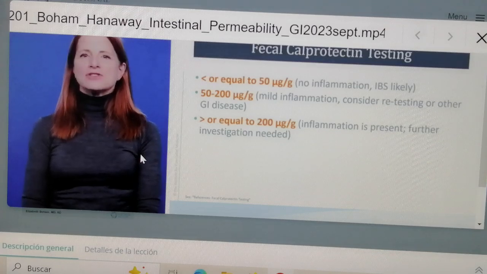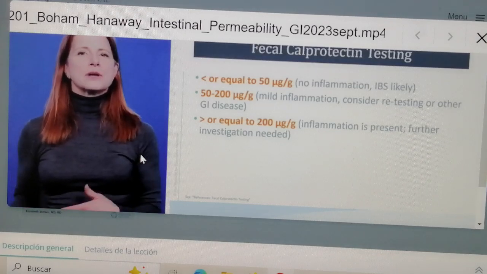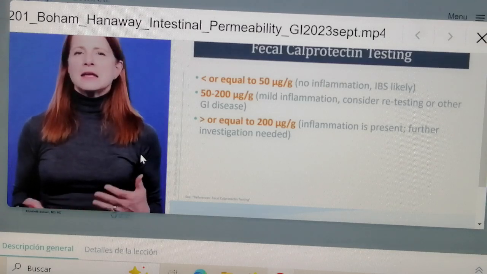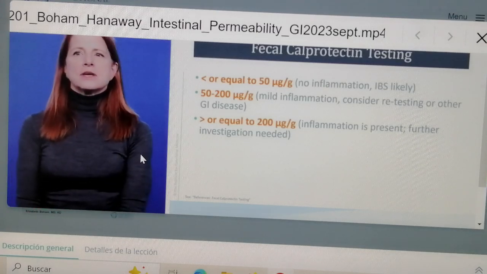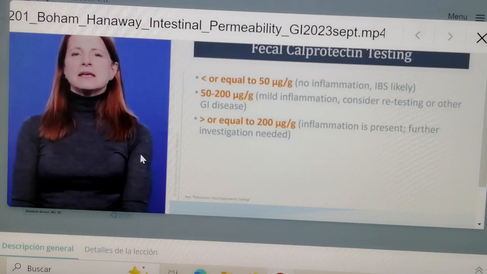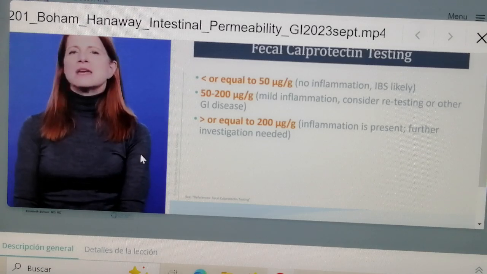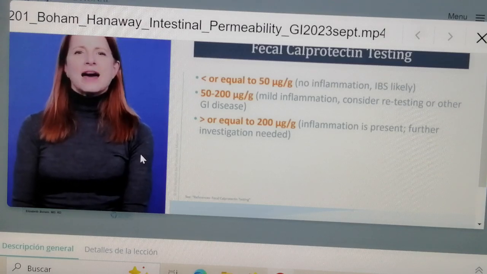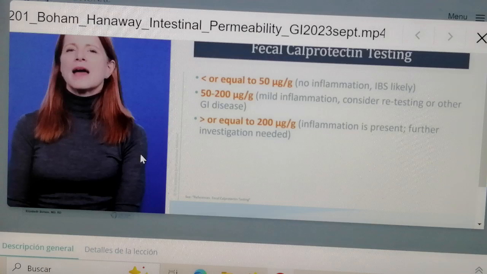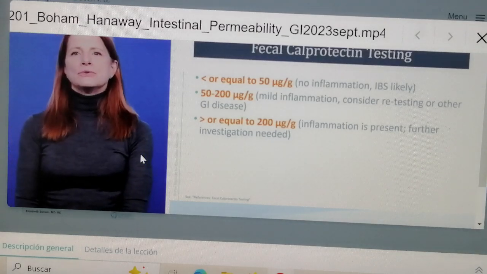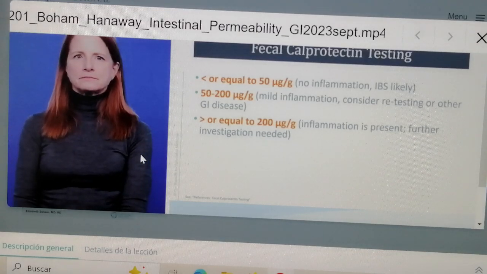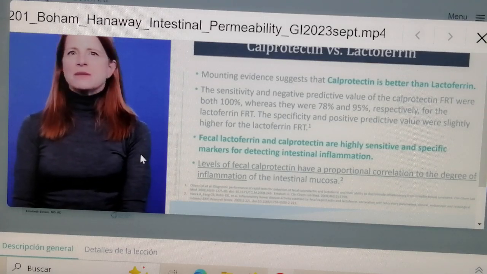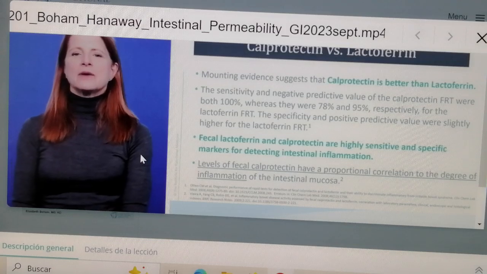And if they're having a lot of GI symptoms, that may point you more toward irritable bowel syndrome than IBD, right? That 50 to 200 is the in-between, and that area is something I am following. So if somebody has a calprotectin of 100, I am making sure through my workup and through our treatment plan that it is going down to less than 50. I am following that to make sure that it's improving. If not, then they need a referral. So, there's a lot of evidence showing that calprotectin may be better than lactoferrin in terms of telling us about inflammation